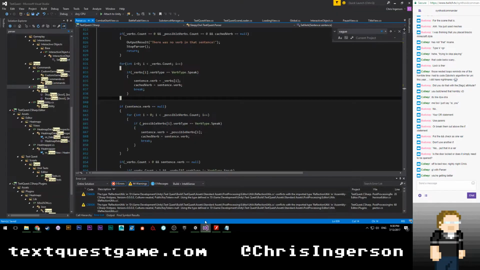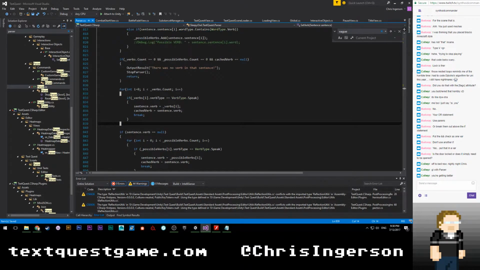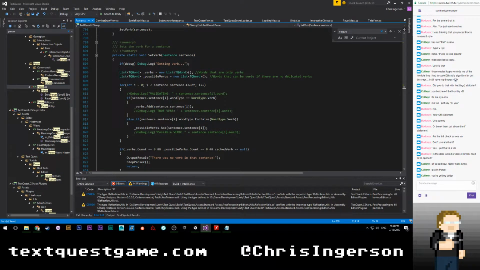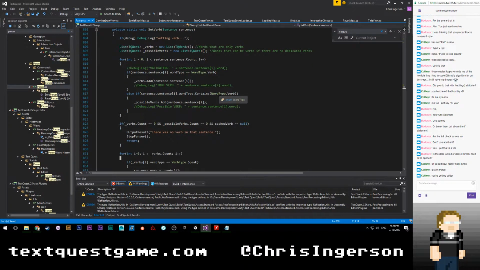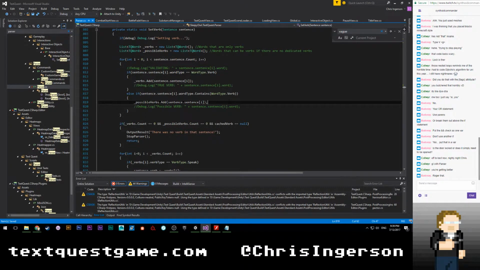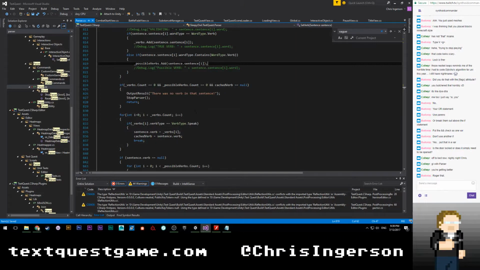But the parser itself is apparently just not behaving as I would expect, and that's bad. My measurement for failure with the parser is if anyone notices the parser, then something's gone wrong. Unless they're a developer and they want to ask about it. But most people only notice the parser when it messes up, and then they're like, oh, this is terrible.